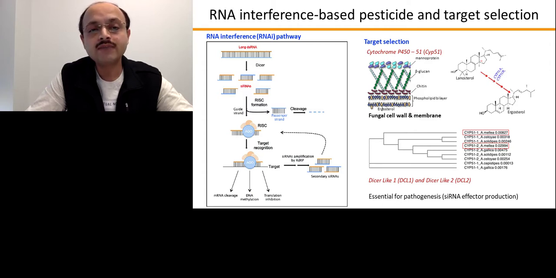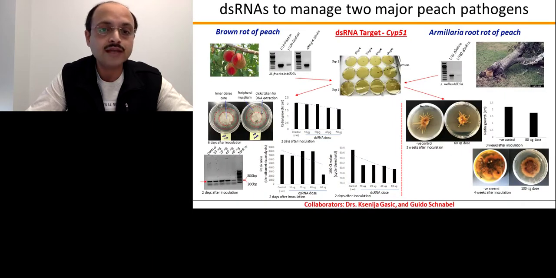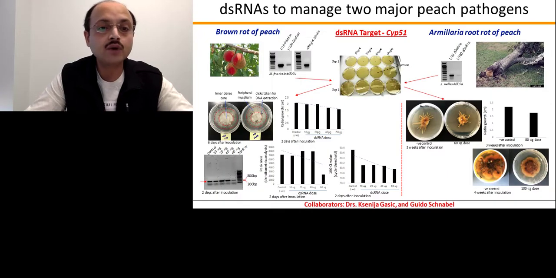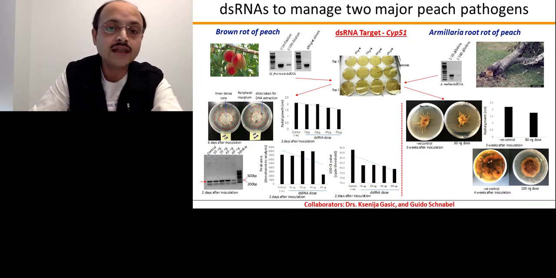Utilizing this mechanism, one can introduce a double-stranded RNA complementary to a gene of interest in the fungal pathogen, like the cytochrome P450, which is involved in ergosterol biosynthesis, or to factors producing dsRNA like DCL1 and 2. So we utilized this approach in peach to control Monilinia fructicola, which causes brown rot, or Armillaria, which causes root rot. So we selected this gene, cytochrome